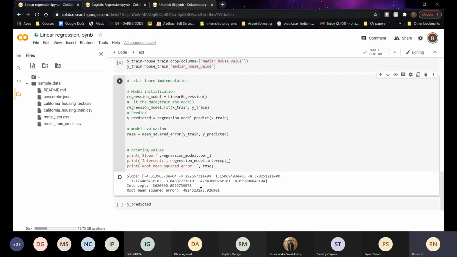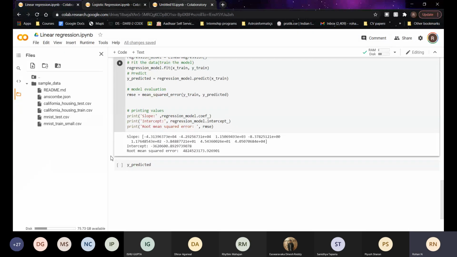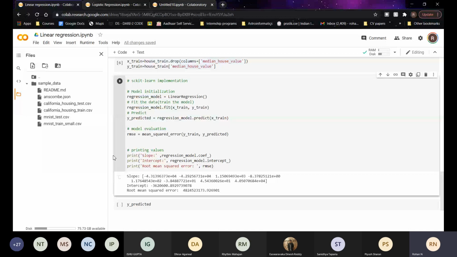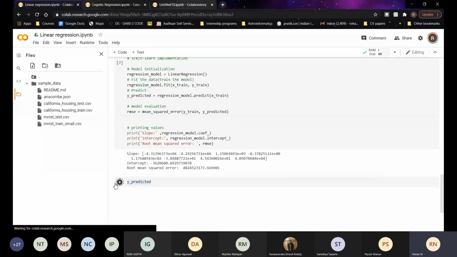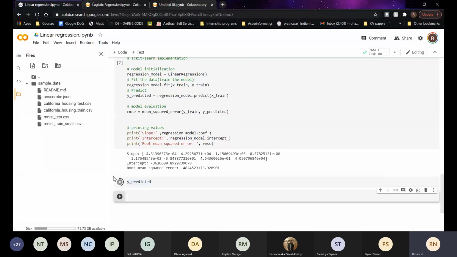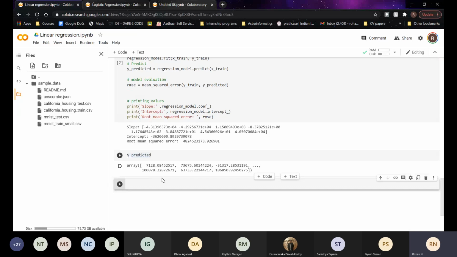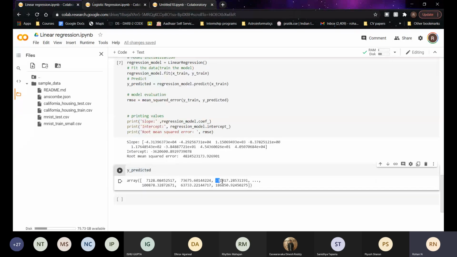So let us just take a look at what y predicted is. You can see that suppose in the second example, it predicted the value to be 73,000, but the actual value is 80,000, so quite close. And in some cases, it is just giving us very wrong answers, such as negative values.